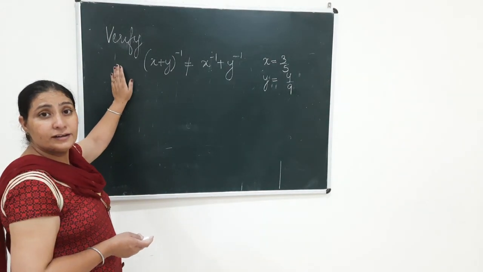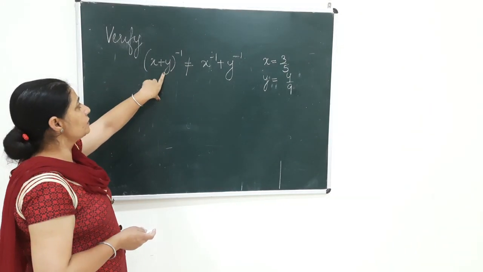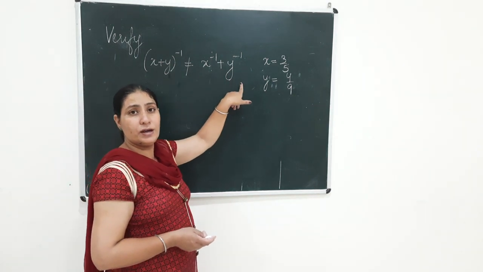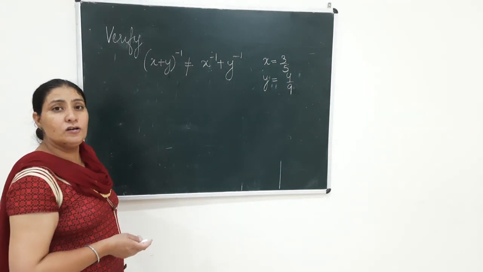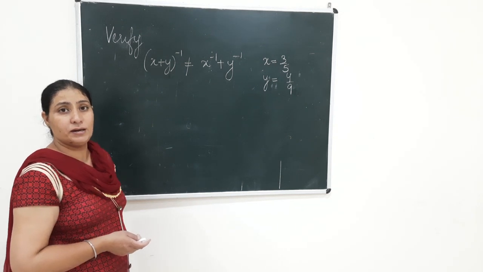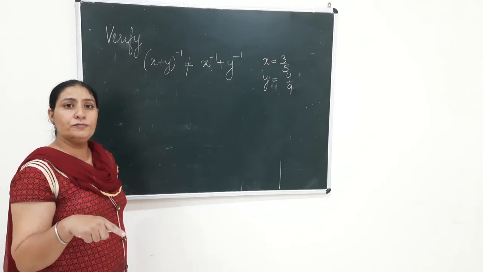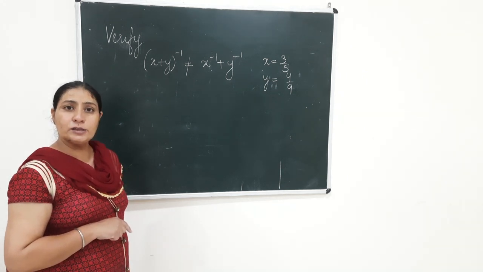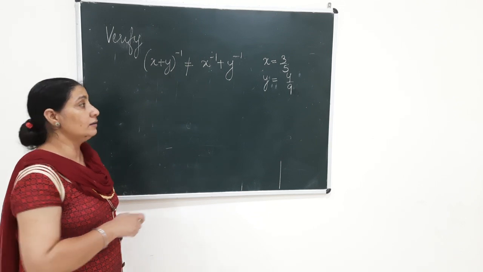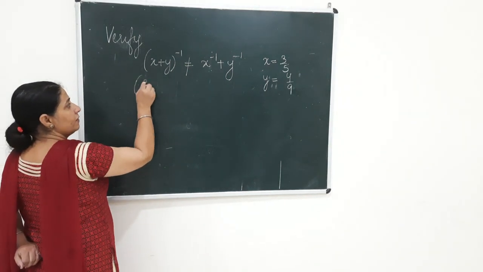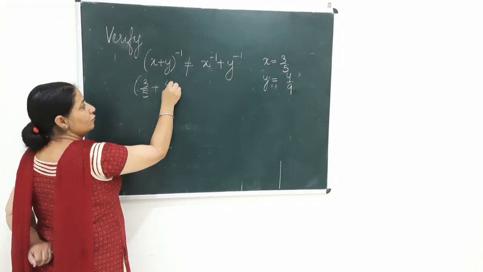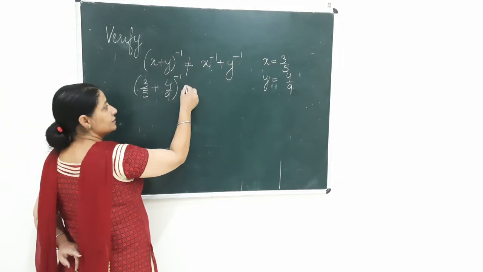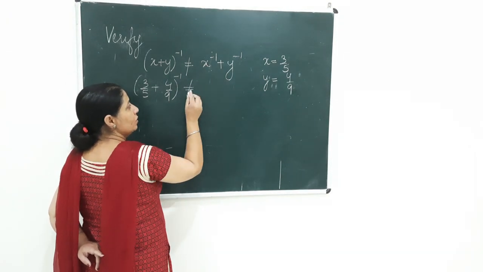So now beta, I have taken another sum, verify, where I have taken (x plus y) power minus 1 is not equal to x power minus 1 plus y power minus 1. You know what is the meaning of power minus 1. Whenever there is a power minus 1, you take the reciprocal of that number and then the power becomes positive. That you have done in the exponents topic in class 7. Now let us see what is the value of x here. The value of x is 3 by 5 and the value of y is given to be 4 by 9. The power is minus 1, and I will show that the result of this is not equal to these results.